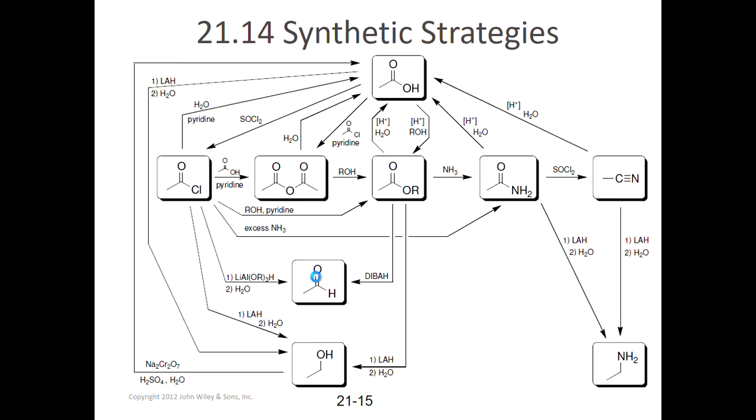So here's a summary of them. Right, most of this is about ketones or aldehydes and carboxylic acids and carboxylic acid derivatives. Notice how many lines are coming out of the acid chloride. If you have a carboxylic acid and you use thionyl chloride, usually with pyridine, that will convert that into an acid chloride. And then once you have an acid chloride, there's lots of things you can convert that into. You could convert it back into the carboxylic acid, you can convert it into an anhydride, an ester, an amide,